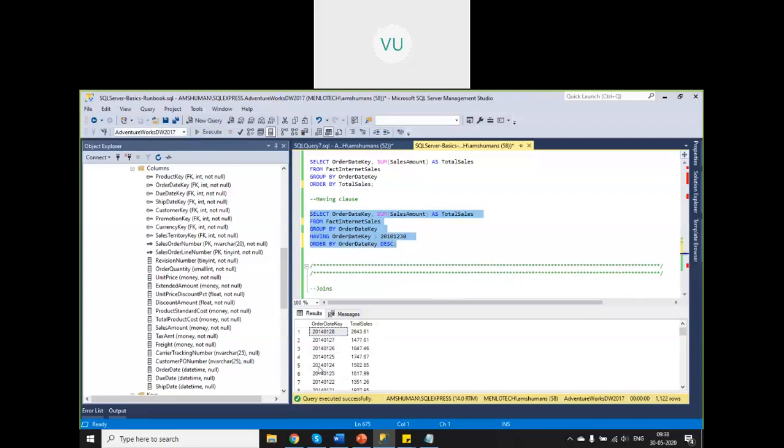I'll copy this value, right click, copy, and paste it. Let's see, we get only 4 records. So for each of the groupings, you are applying some condition using having. That is the purpose of having, and that is the difference between where and having.